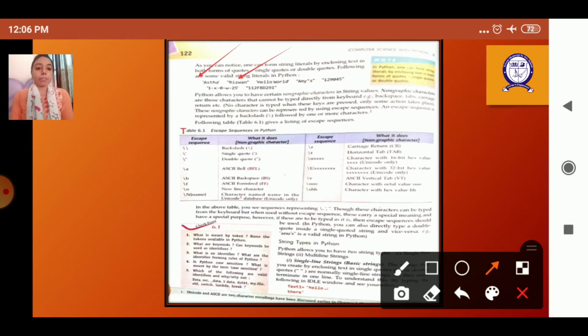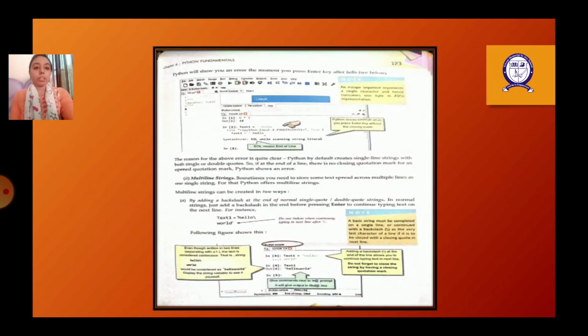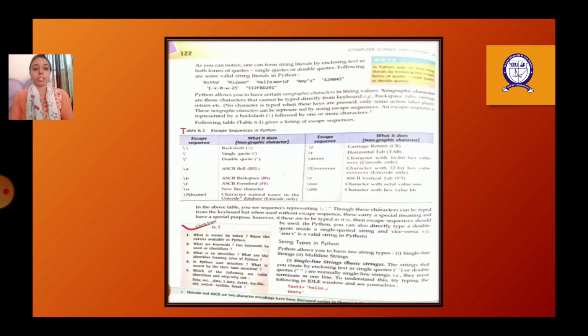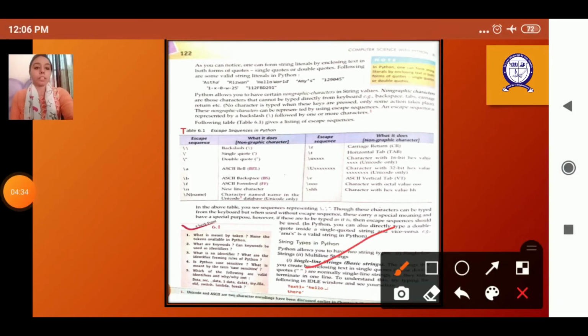After that we have the string type in Python. It is a sequence of characters, and it can be a combination of different letters. After that we have multi-line strings and single line strings. There are two types of string. One is the single line string, which comes in only a single line. Like here you can see hello is written, so this is a single line string literal.